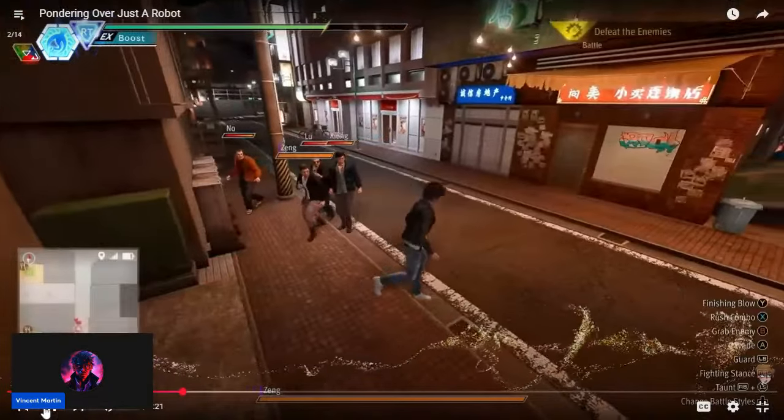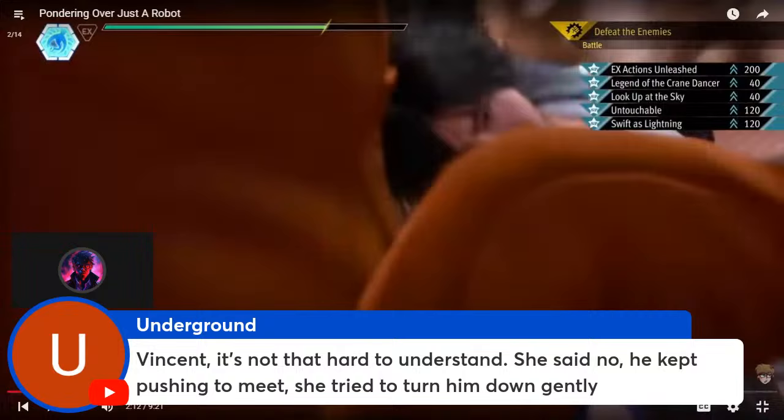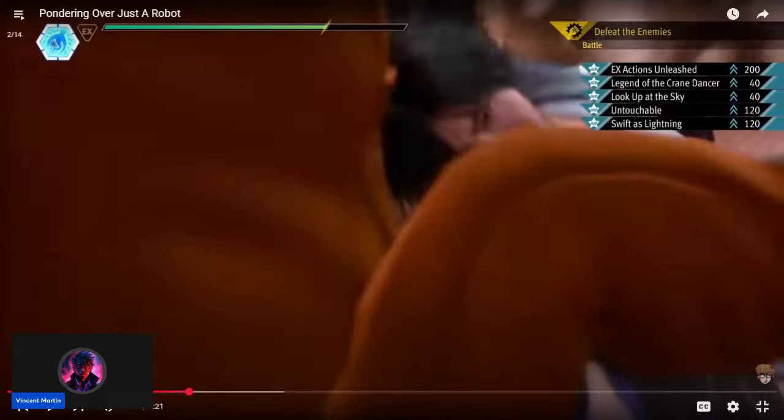Some people have asked us why we were all so afraid of an IRL confrontation with Jar, but this... She tried to turn him down gently. As I said, have you ever dealt with an autistic person? God, you need to be firm but fair. Not give an excuse. Just be like, no, sorry, Jar. You keep this up, I'm going to block you, okay? That's how it reads to me.